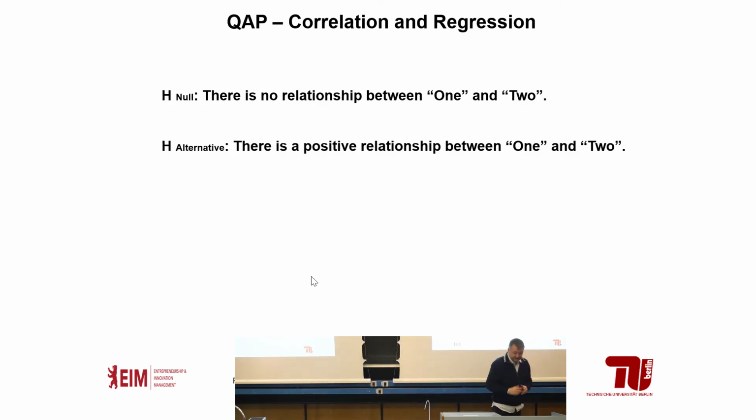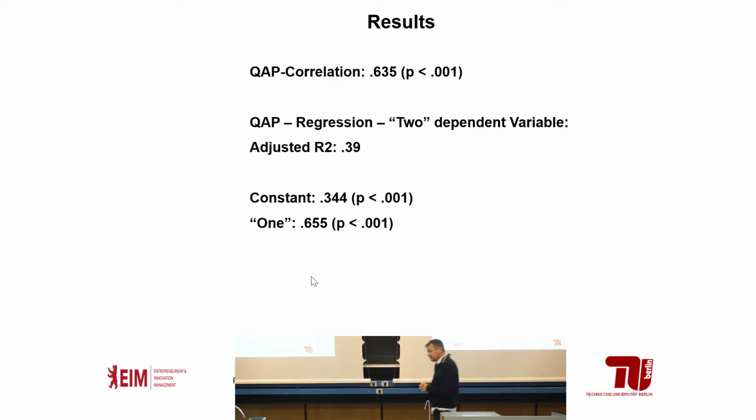There are actually procedures. The quadratic assignment procedure is like a correlation between matrices, and we find a correlation of 0.6, a positive correlation. And it's also significant. It's less than 1% likely that the null hypothesis is true. So we have to reject the null hypothesis. There is a relationship, and that's positive, as we see, and it's pretty high. So kinship and friendship come together.